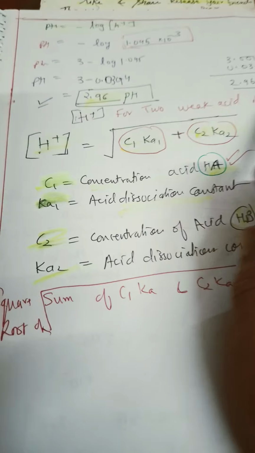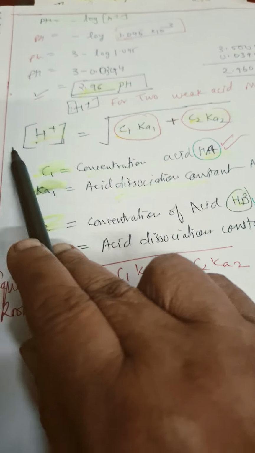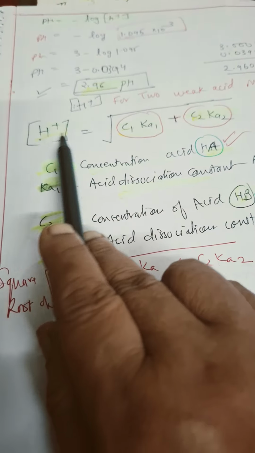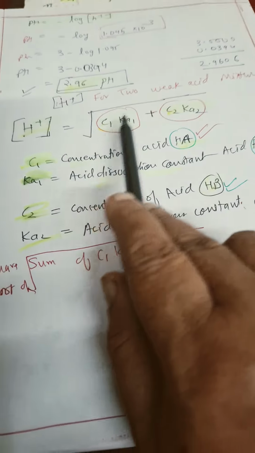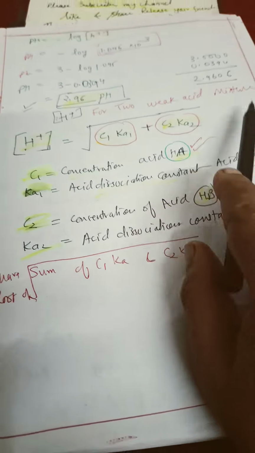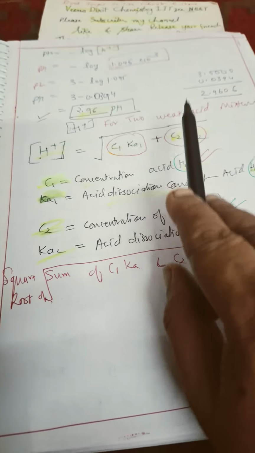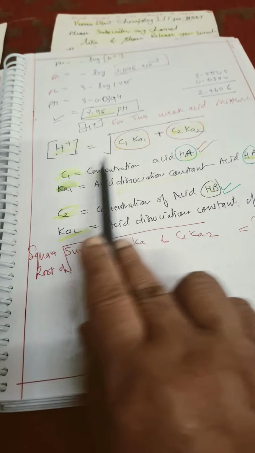So for the H ion concentration of two weak acids, the formula used is: the molar concentration of H positive is equal to the square root of C1 Ka1 plus C2 Ka2. Concentration of H